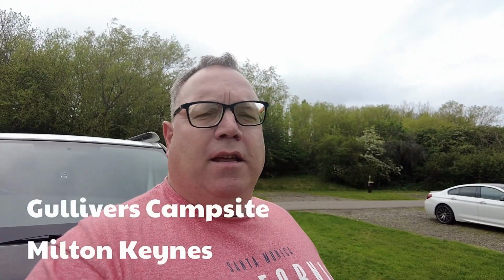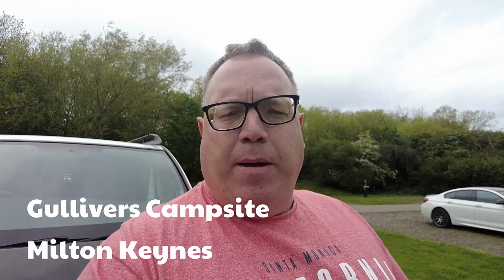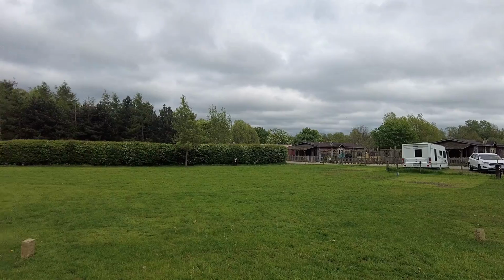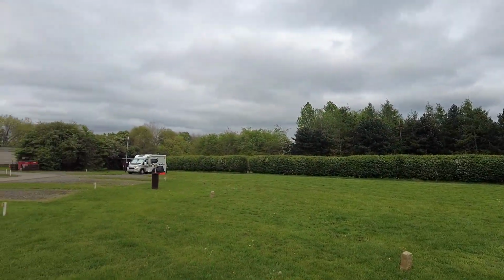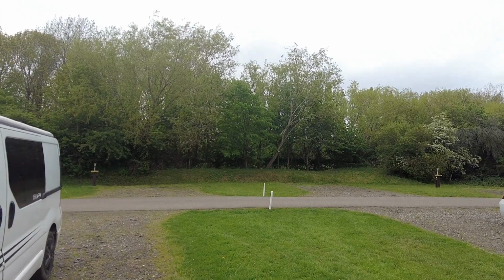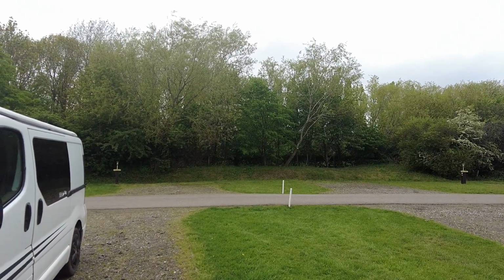Well, I've arrived at Gulliver's now, and this is the campsite. I'll show you a little bit more about it in a bit, but you can see for yourself. We've got some good ample pitches here. Look, you can see they're quite wide. I think last time I was parked over there on the skew before. I remember the nightmare that